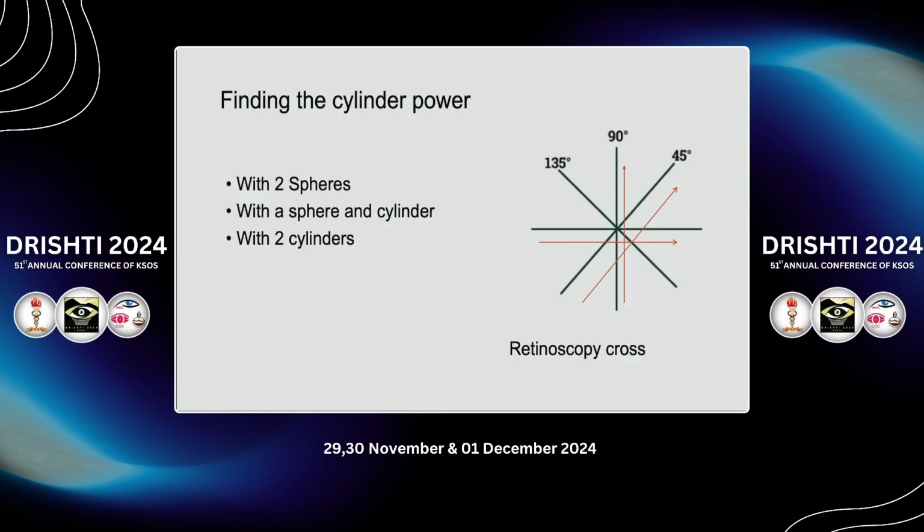So remember, it is the direction of movement of the retinoscope. If you're moving it horizontally, so it is a vertical beam, but you're moving it horizontally, so you're moving this side, it is 180 that you're looking at. If you're moving the retinoscope vertically, it is the axis 90 degrees. If you're moving it like this, that means this is the axis and it's 45 degrees. And there you have to write the neutralizing power. Okay. So that's how you draw the retinoscope reflex.